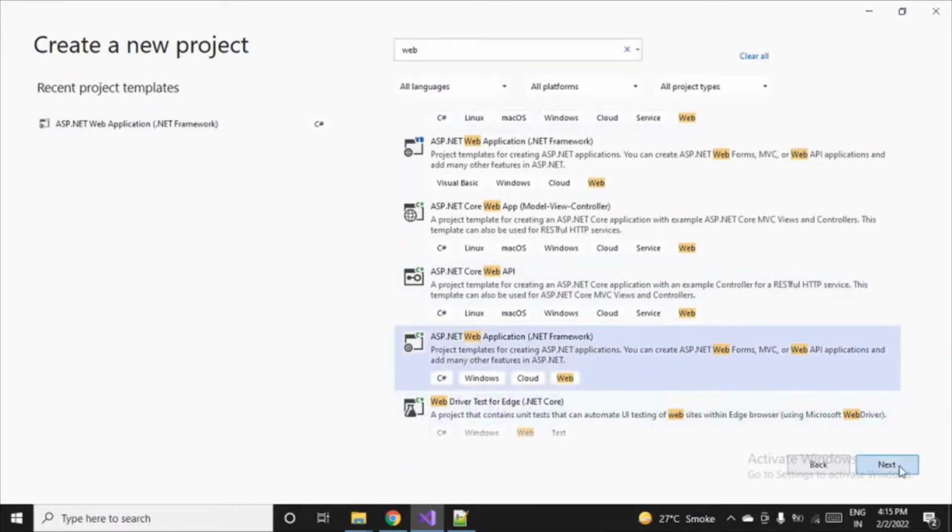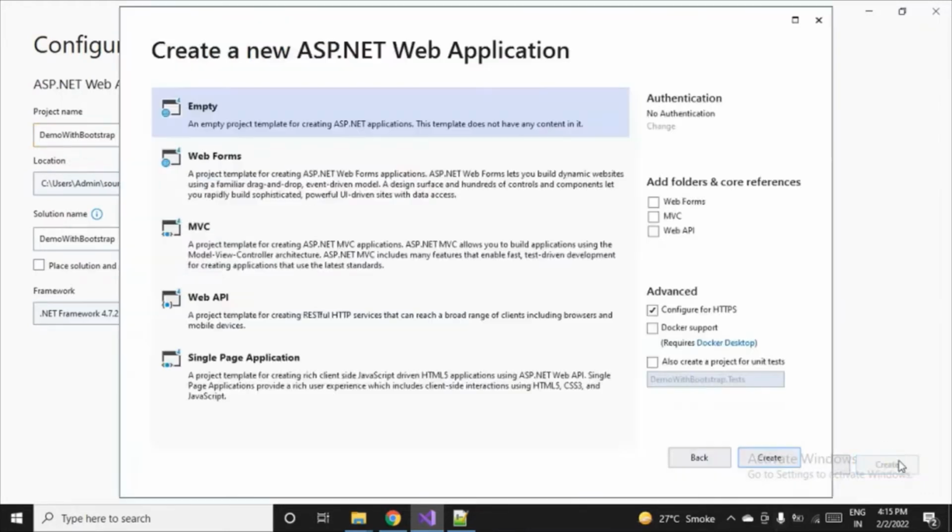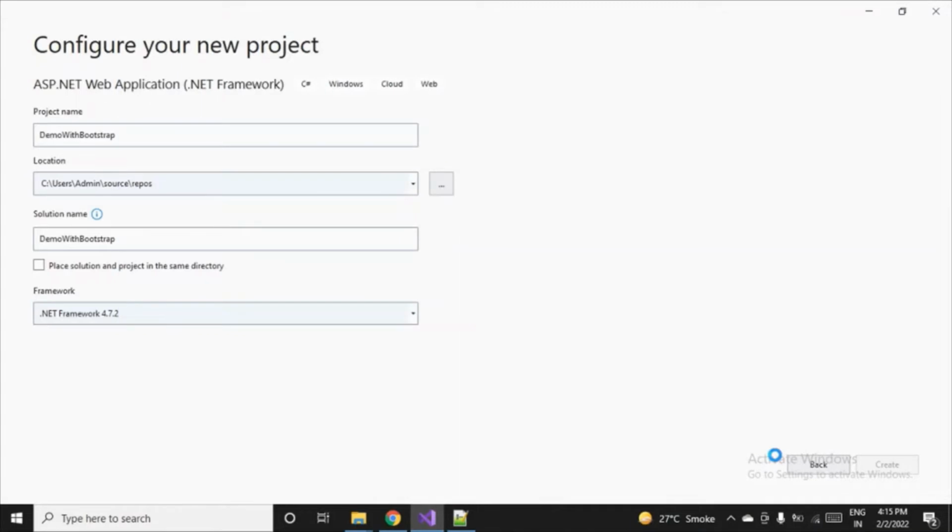Great, I'll choose this and click on next. Demo with Bootstrap, giving it a proper name, and then click on create. I want an empty web application. I'll choose the empty one and then click on create.